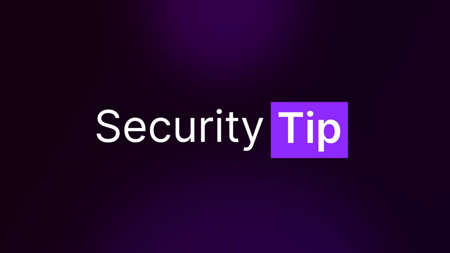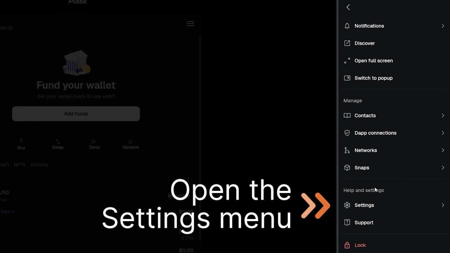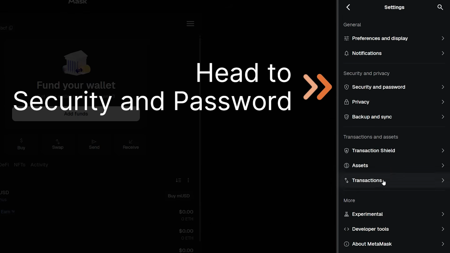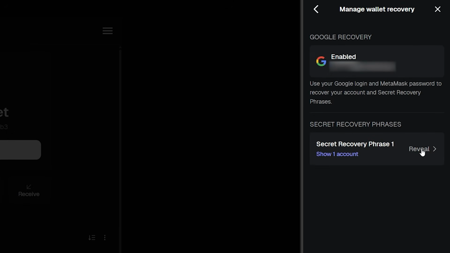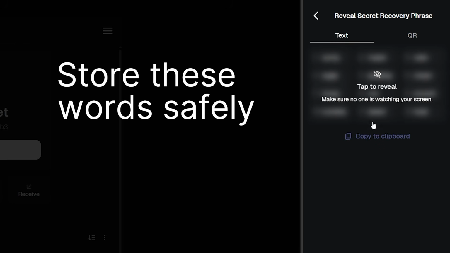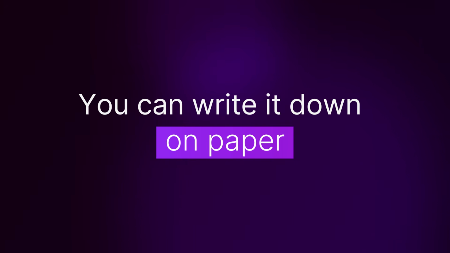Before you start using it, there's one more very important step. Open the Settings menu, head to Security and Password, and locate your secret recovery phrase. Make sure to store these words somewhere safe, ideally in more than one secure location. Many people recommend writing the phrase down on paper and keeping it somewhere only you can access, rather than storing